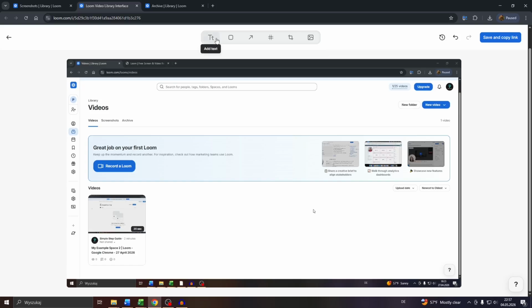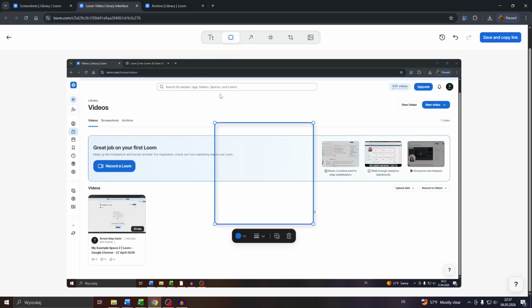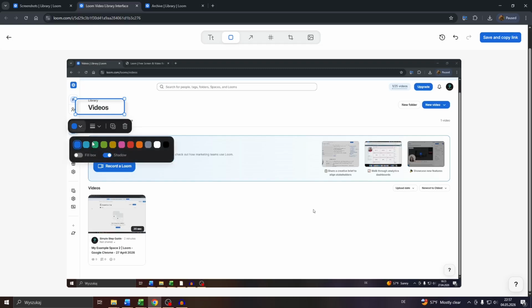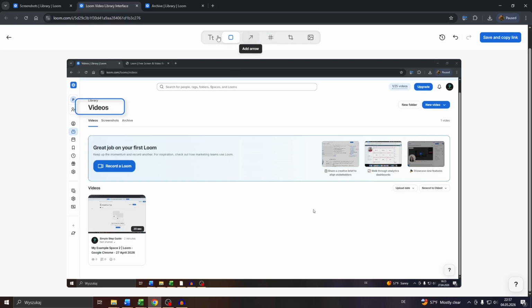From there you will be given access to various editing tools like inserting text boxes, various shapes, arrows, rectangles. If you'd like to highlight a specific area, for instance, you may resize that and move it to a specific area of the screenshot to highlight it. You may change the color of the rectangle here, change the fill box, for instance, and or activate the fill box. Then you may add various text boxes, like here, example text,